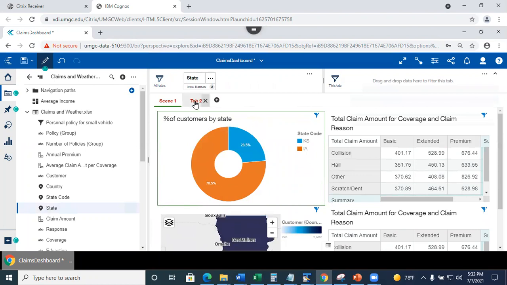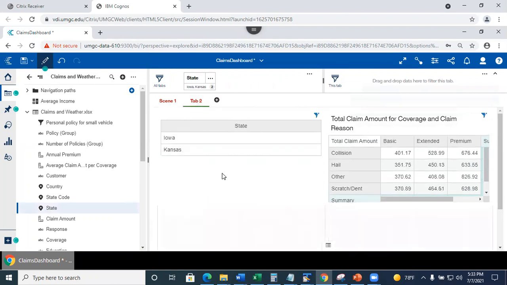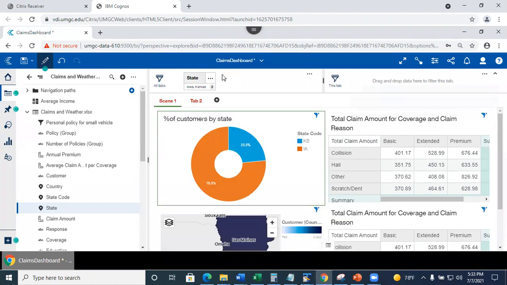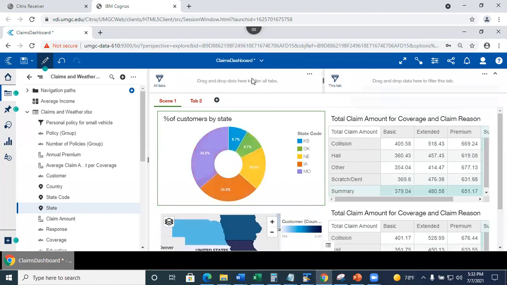Now, when I navigate to the second tab, I see the same adjustments. Why? Because I applied the filter to all tabs, and it shows here. See this? It shows on both tabs. Now, what I could do is delete the filter. Okay, I deleted the filter. Remember that deleting the filter will remove the filter, and resetting the filter will remove the criteria that you